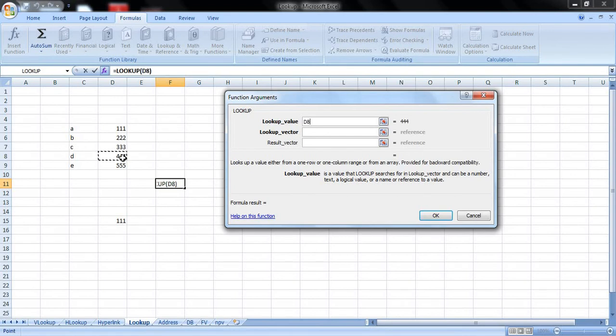So my reference is 444 now, and 444 is available in this particular column, and the result vector is available in this particular column.